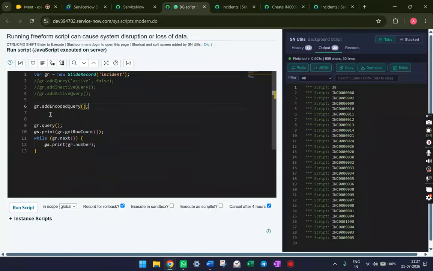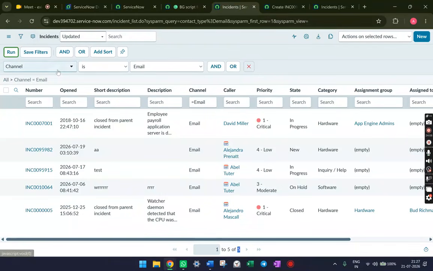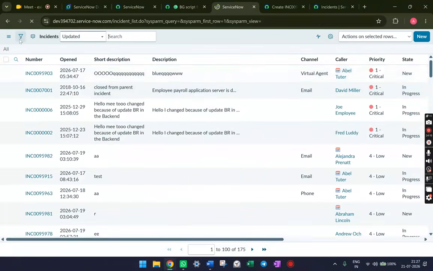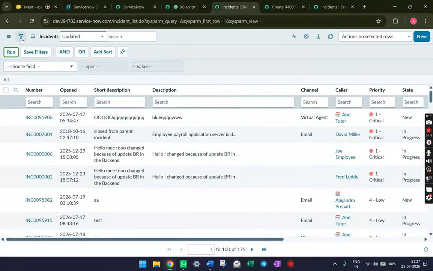So this is addEncodedQuery. Can you tell me why we will use this addEncodedQuery? To add multiple conditions, sir. Yes. Suppose we will apply conditions from here,